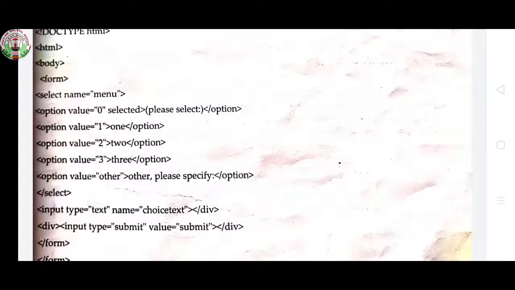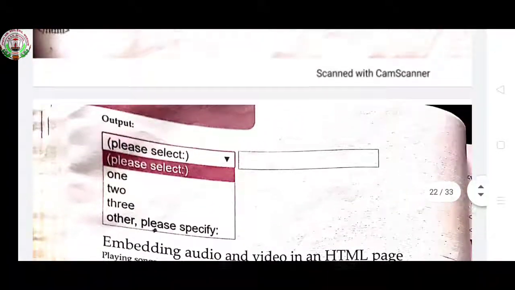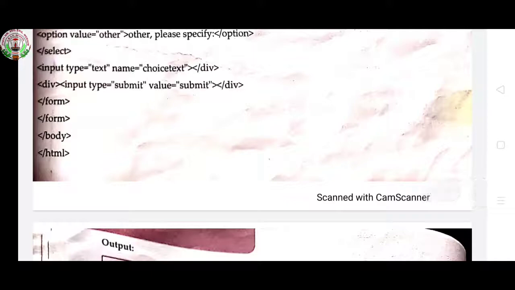Next is input type is equal to text, name choice text, close div, then opening of div, input type is equal to submit, value submit, close div, close form, then close body tag, close HTML tag.